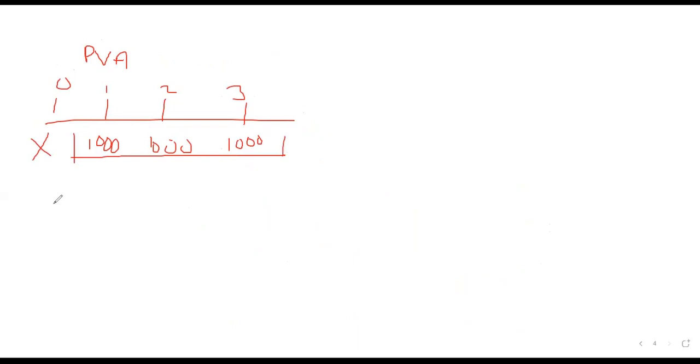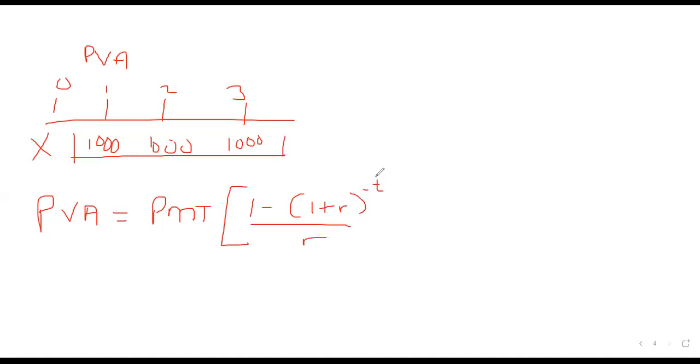So using the formula, present value of an annuity is simply given by payment. Now take note of the formula, it will change. There it was 1 plus, here it is 1 minus 1 plus R to the power negative t or negative n, same thing, over R. So the payment here is what? 1,000. Then here we're going to have 1, and here we're going to have 1.10